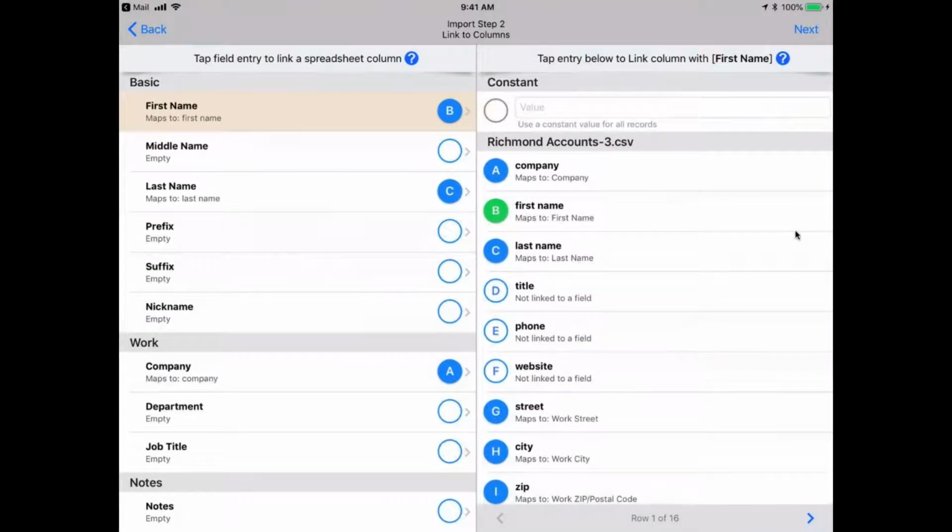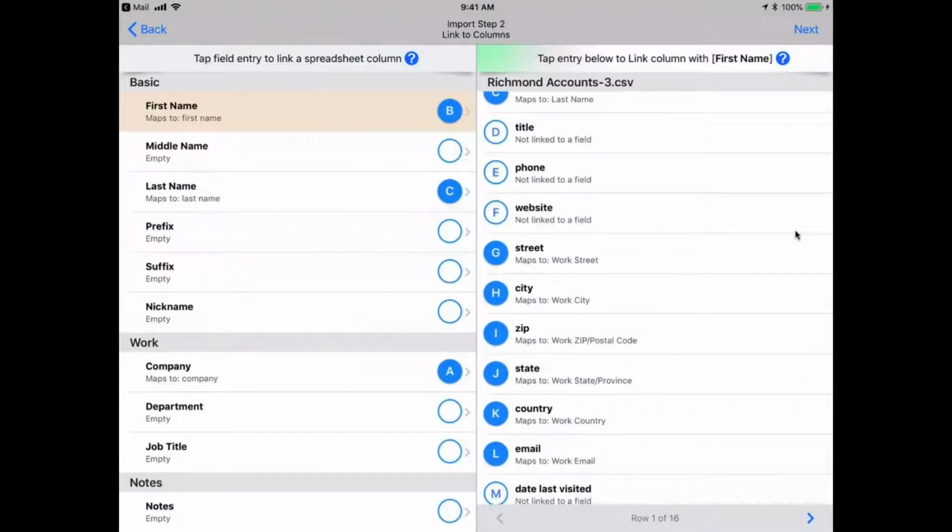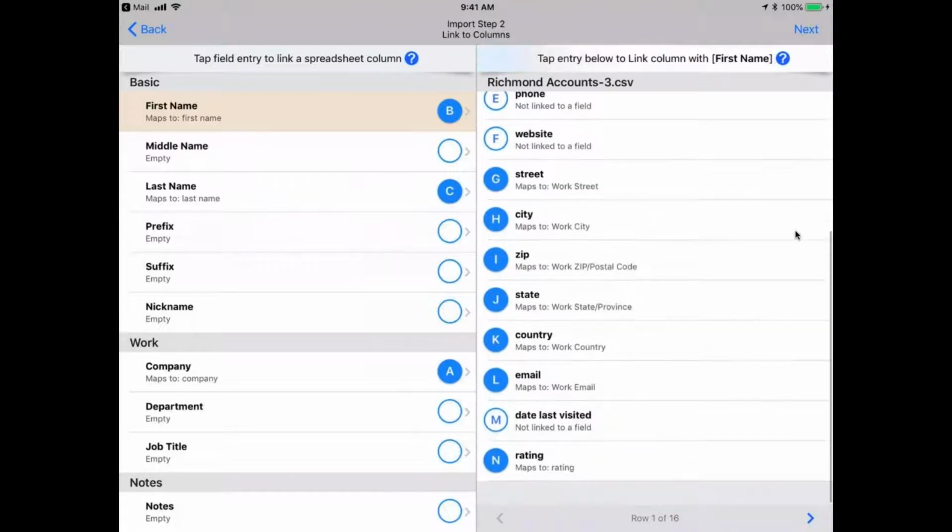If you're using an iPhone for this process, it looks a little different on this phase. You would see one panel at a time and would have to flip back and forth between panels. One thing I should have focused on more when I first opened my spreadsheet: as you prepare your CSV file, you want all of your data to be broken out by columns. For example, company, first name, last name should each be in its own column. Especially important is the address. You can see on the right my spreadsheet had street as one column, then city, zip code, etc. All of those data points should be in separate columns.